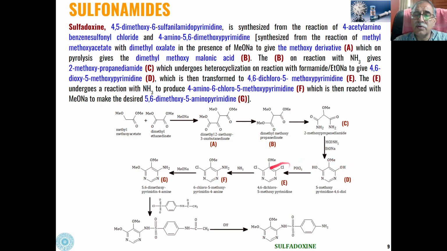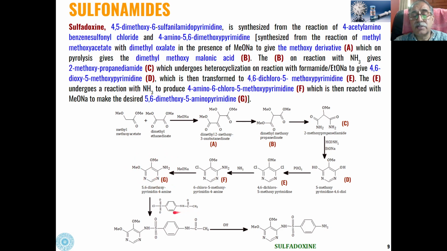both these hydroxyl groups will be converted into chloro groups in the presence of phosphorus oxychloride. And then in the presence of ammonia, one of the halogen groups will be selectively converted into an amino group. Then in the presence of sodium methoxide, nucleophilic substitution will take place, and this halogen will be replaced by a methoxy group. So Na from here, Cl from here will be removed, and this is the pyrimidine amine which will react with